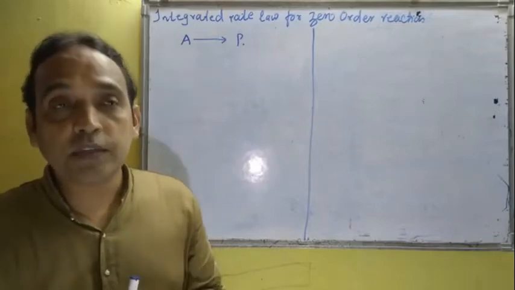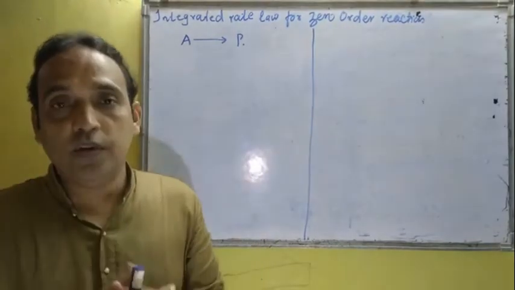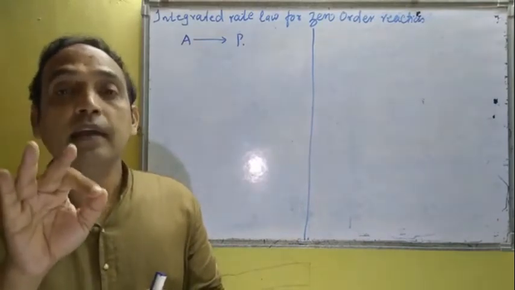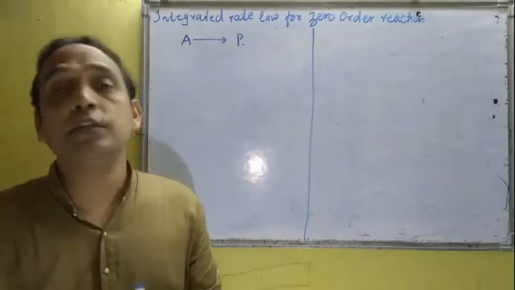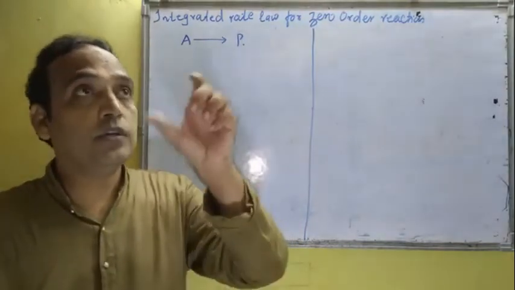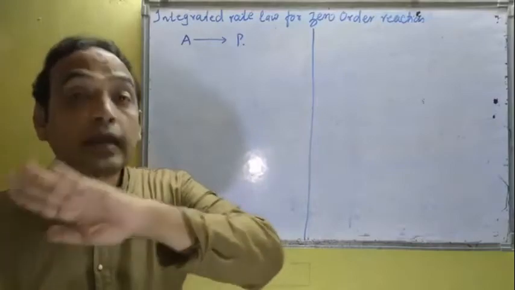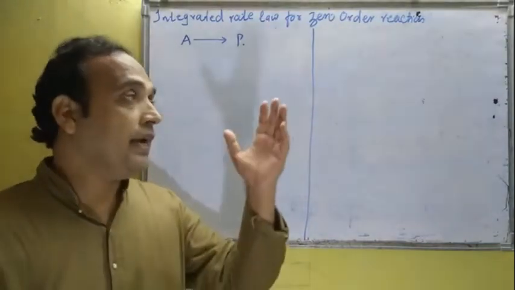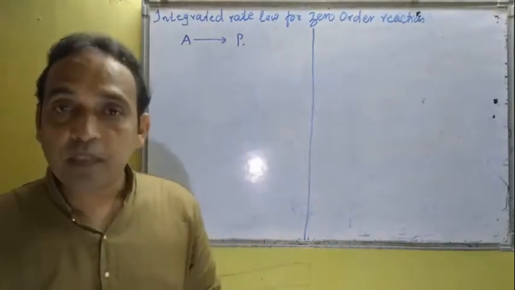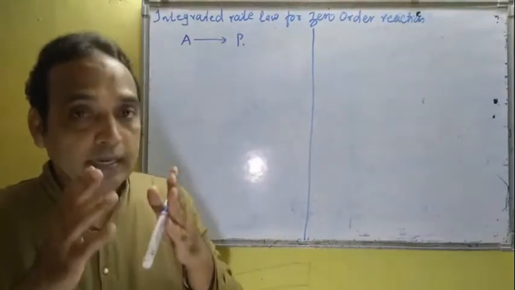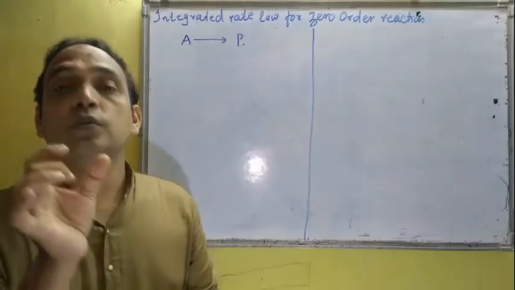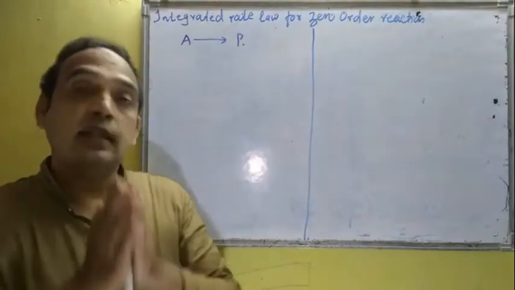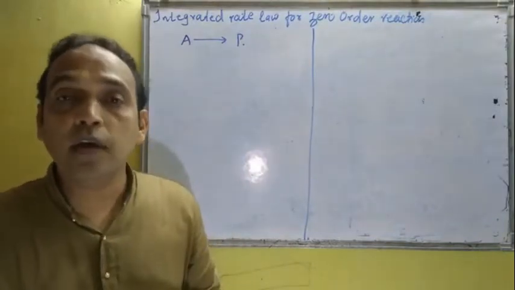So what is zero order reaction? How will you define the zero order reaction? कैसा define करूंगा मैं zero order reaction? The reaction in which rate is independent of concentration of reactant, मतलब rate concentration of reactant पर depend नहीं रहता. Such reactions are called zero order reactions, like decomposition of ammonia. When ammonia is decomposed, it converts into nitrogen and hydrogen gas. Rate will not depend upon concentration of ammonia. That is the best example of a zero order reaction.